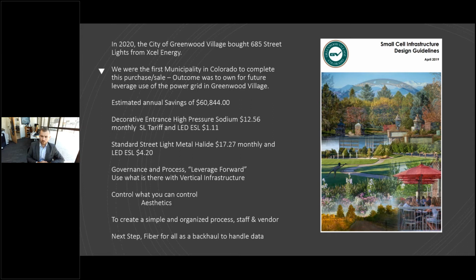So we estimated $60,844 a year is saved in electrical use, from tariff to just simple electrical use. There's your realized savings. On a standard street light, it costs about $17.27 a month to power it. We're switching everything to LED and paying service only, and it's $4.20. It's a massive amount of savings, and we are now coupling it with a light